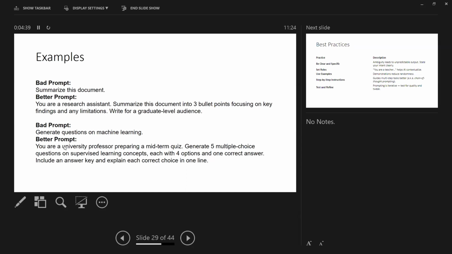When we tell the machine that you are a university professor, it automatically treats itself like a teacher. And you have to prepare a midterm quiz, generate multiple choice questions. Every time I run this prompt again and again,